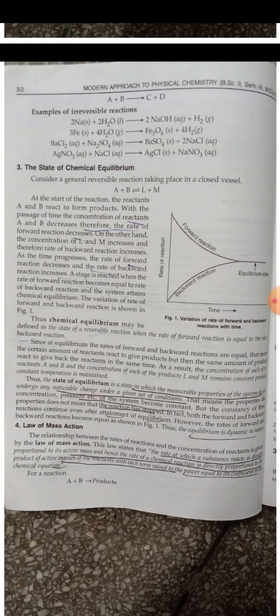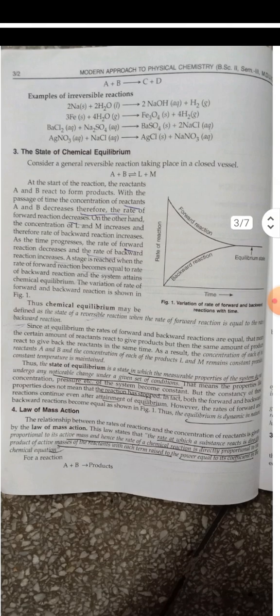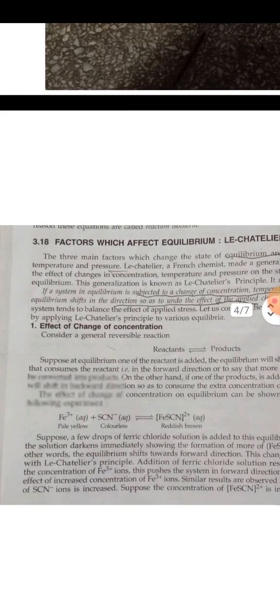we will further discuss the factors which affect that equilibrium state, according to Le Chatelier principle. The three main factors which change the state of equilibrium, as we already know, are change in concentration, change in temperature and change in pressure. So according to Le Chatelier,